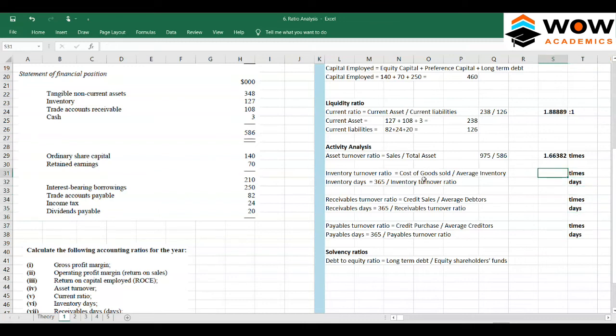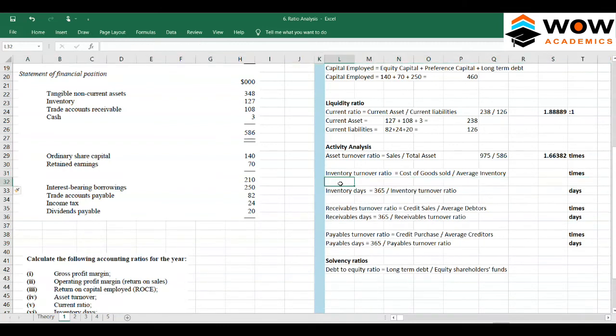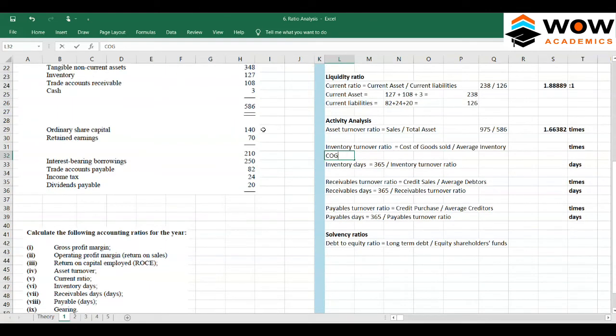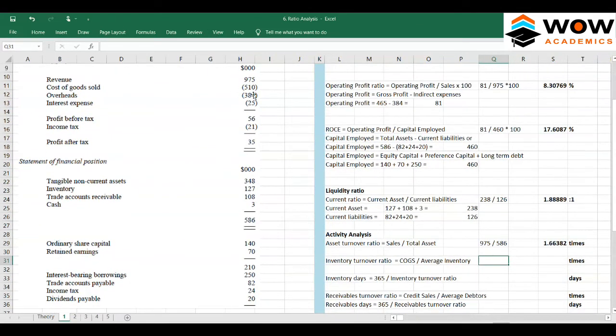So we'll start with the inventory turnover ratio. So the inventory turnover ratio requires cost of goods sold. So first we have to get that number. So cost of goods sold is directly given. Okay, so for this sum it's directly given, so we don't need to worry much about it. COGS is 510